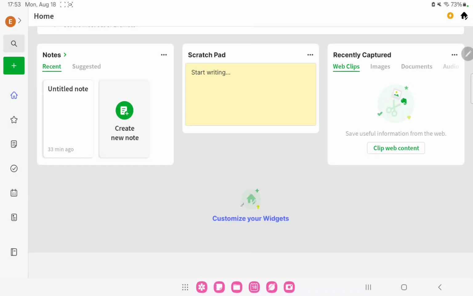Hello guys, in this video I'm going to show you how to create reminders to open notes on the Evernote